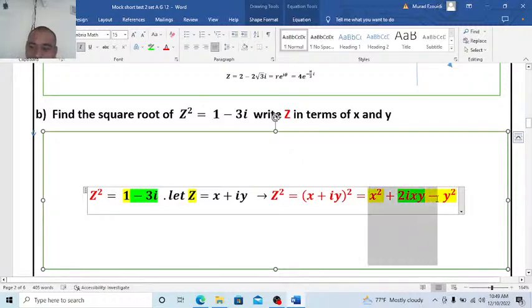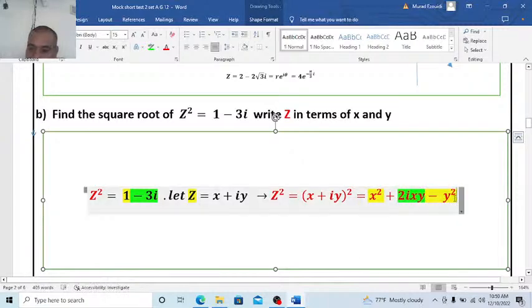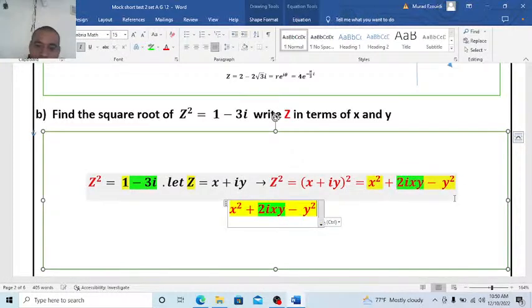Therefore I will write this as this. I will write x squared minus y equal 1, and